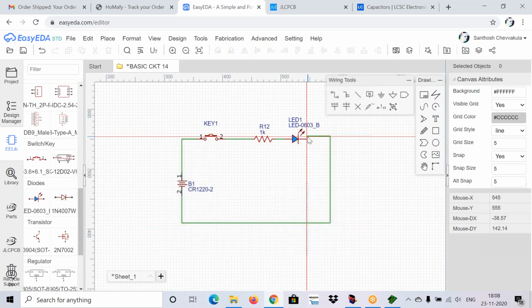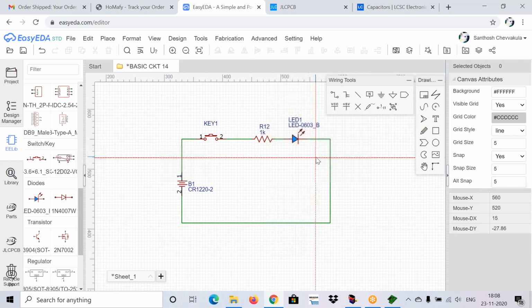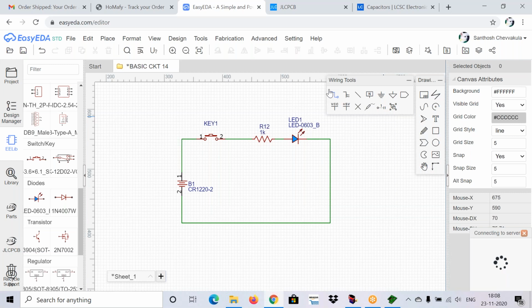Now, after completion of your circuit, you need to save your circuit first. Just click on Control plus S. You can observe on the right bottom side in information that it saved successfully, right? After saving your circuit only, it will take you from the circuit designing window to the PCB layout designing window. When you save the circuit only, it will take you, or else it will not.